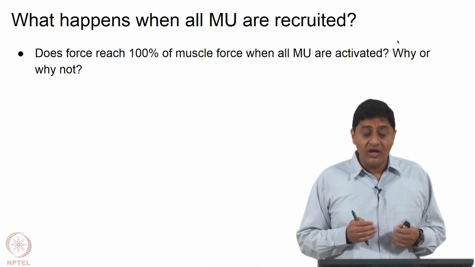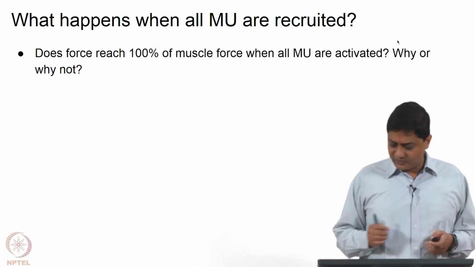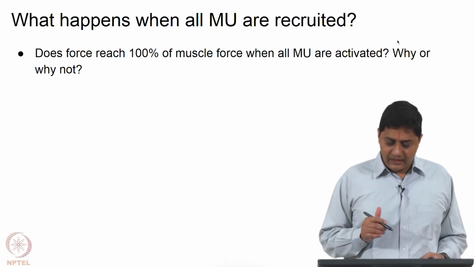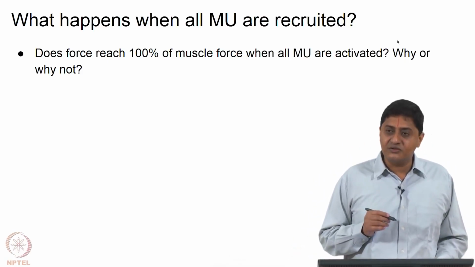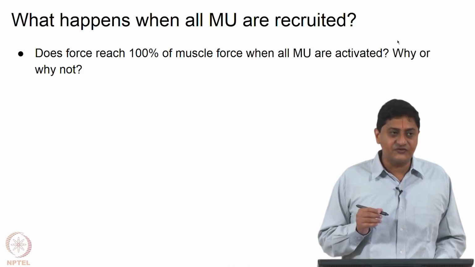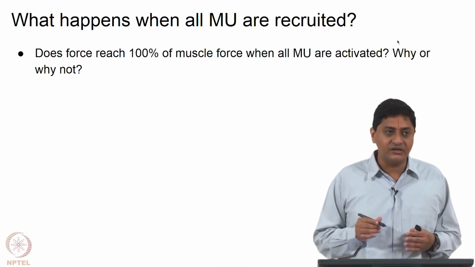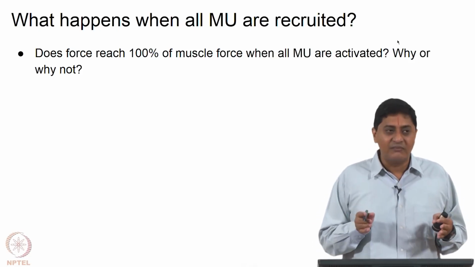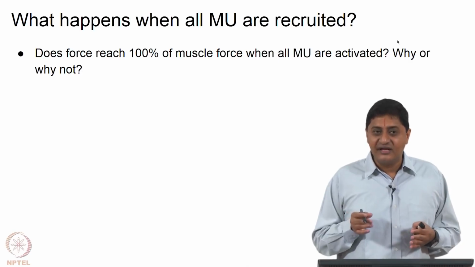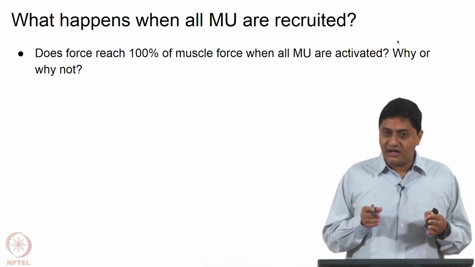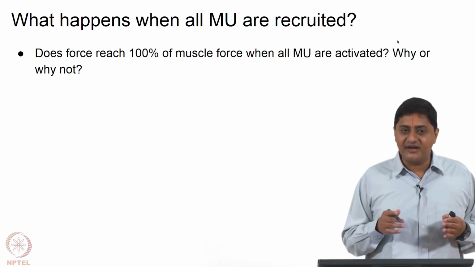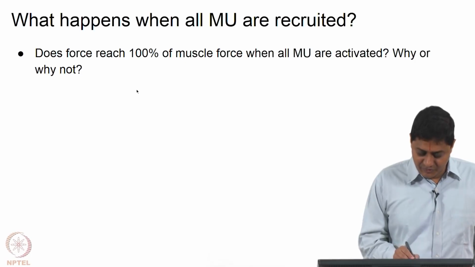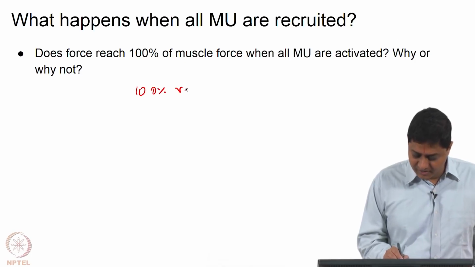The answer is no, because it turns out that I am able to increase force by another mechanism. I said that I can increase force not just by motor unit recruitment, but also by the rate of firing. I have only said that I have recruited all 100, but I have not said at what rate they are firing. It is possible that all the motor units, after they are recruited, are firing at relatively slow firing frequencies, then the force that may be produced after 100% recruitment